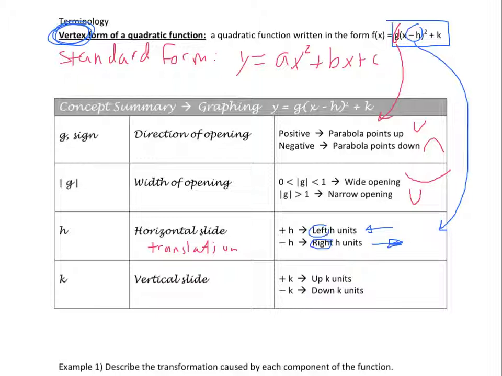Vertical slide, however, is the same as you would think. You would assume that if it's a positive k, it would go up, and it does. If it's a negative k, or you're subtracting a value, it goes down. So that does hold true. So if we look at a brief example here,